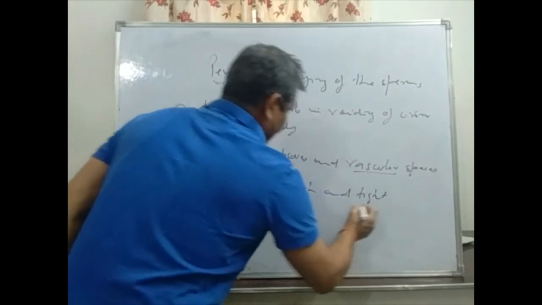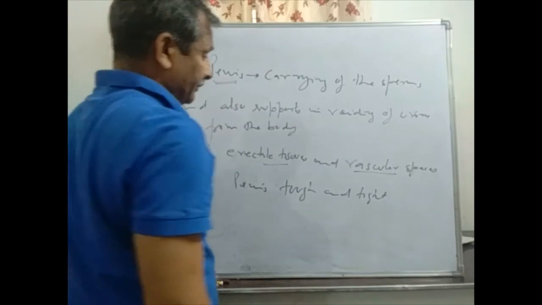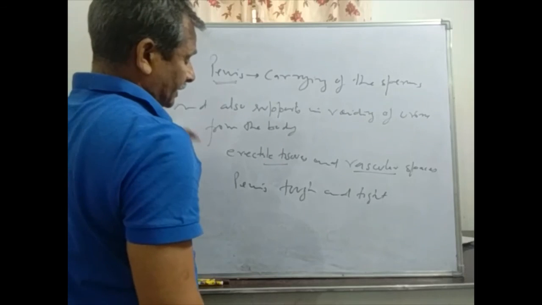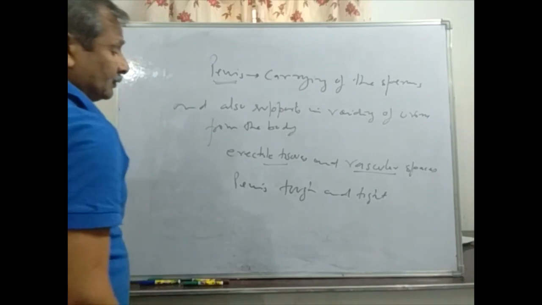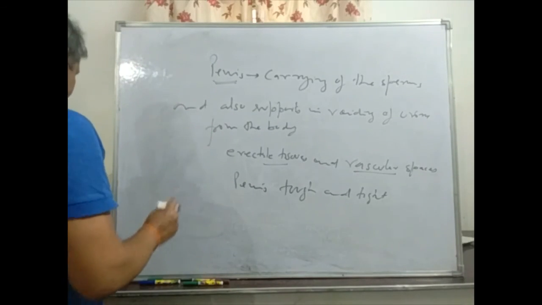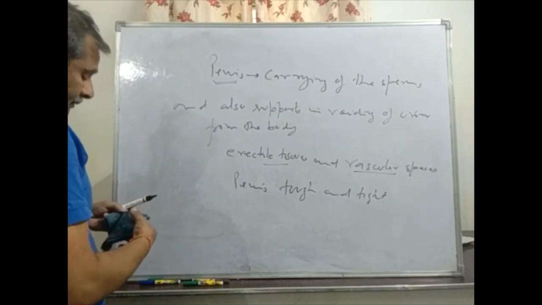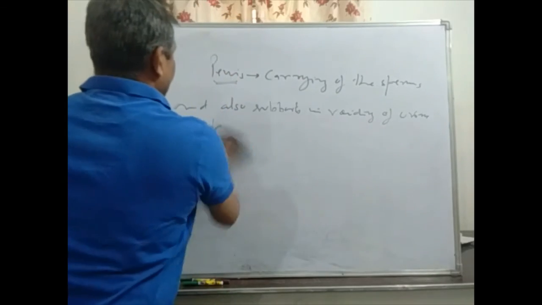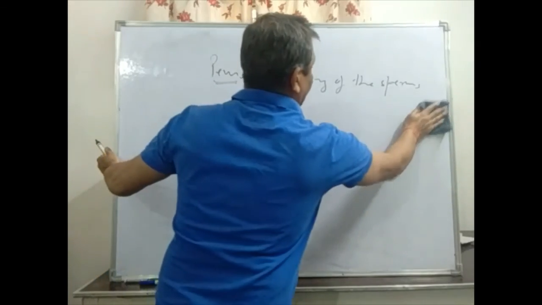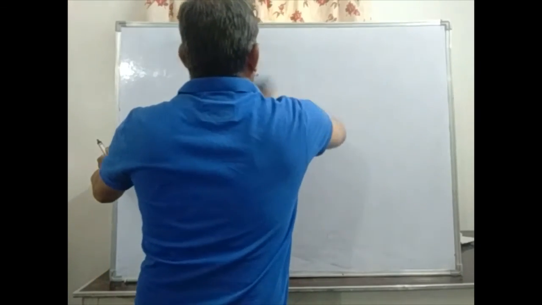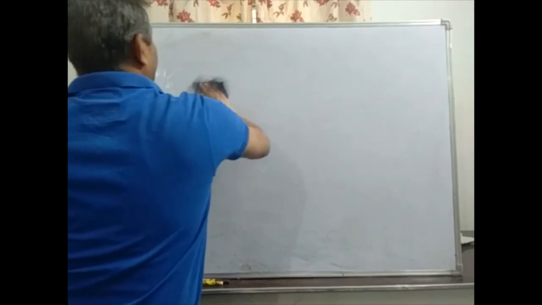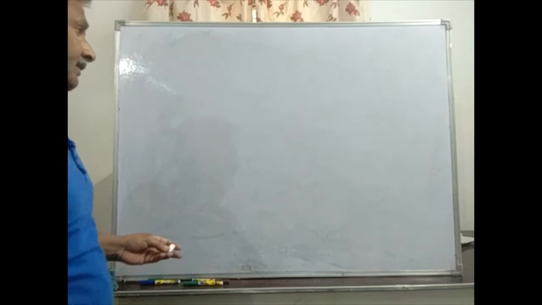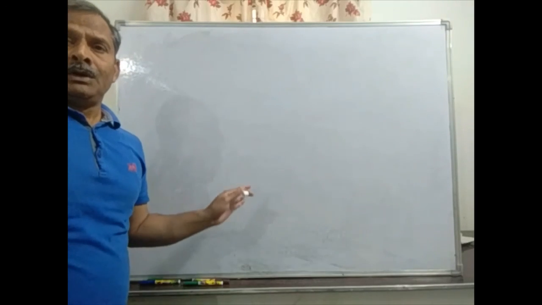That's why it can easily penetrate the female sex organs and ejaculation of the spermatozoa takes place by the help of the penis. So this way we see that these are the major structures which make up the male reproductive system, and now we will see how they work according